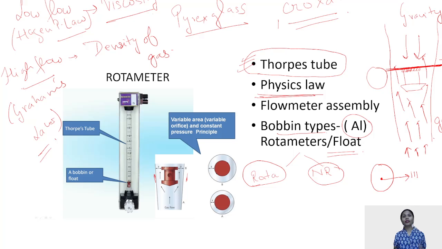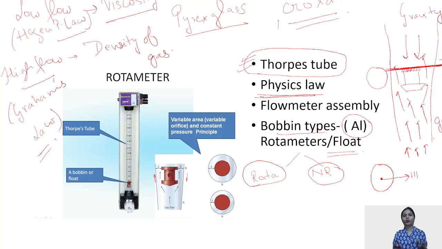Now, if you switch on oxygen and suppose by mistake the engineer has connected nitrous oxide in that flow meter, will it flow? No. The safety mechanism has been developed such that the flow meter of oxygen is going to carry only oxygen. Nitrous oxide, because of the change in the viscosity and the density of that gas, is not going to flow through that flow meter. Is that clear? I hope.